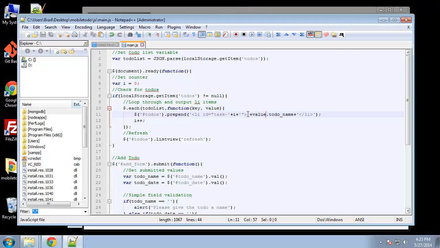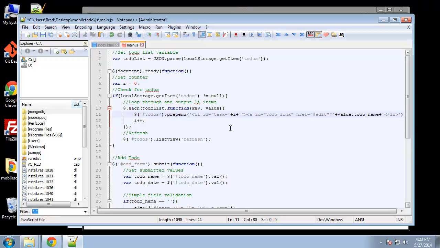So after the li tag closes, we want to open up an a tag, and we're going to give it an ID of to-do link, and then we want our href to go to the edit page, and let's see,